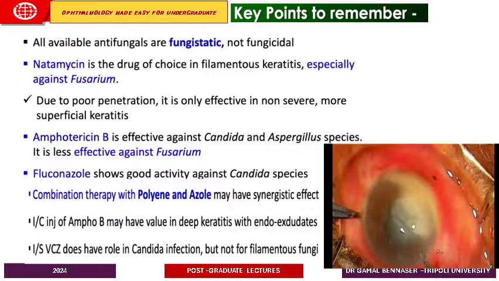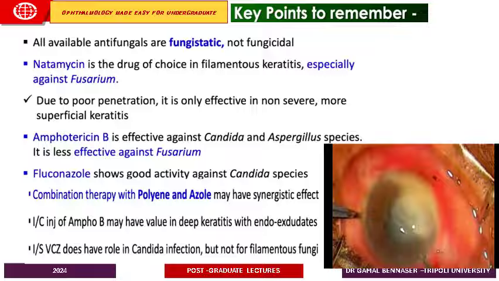The other thing is that the use of intracameral injections, especially of amphotericin B, is very useful in the presence of large exudates inside the anterior chamber and epithelial plaques. This helps in the debulking and sterilization of the anterior chamber. Also, intrastromal injections of voriconazole in deep mycosis of the cornea are very effective, but you need to do